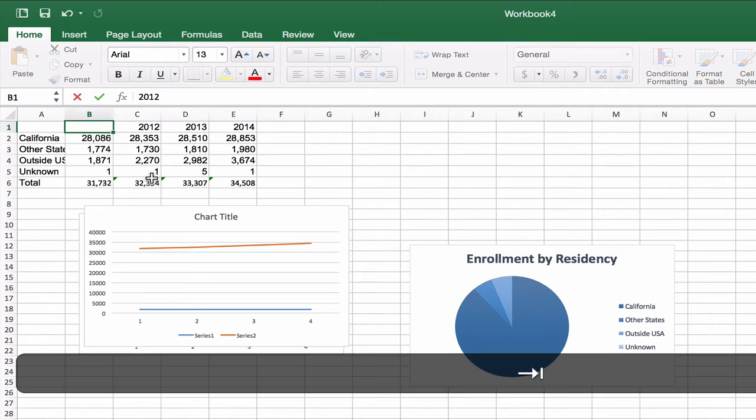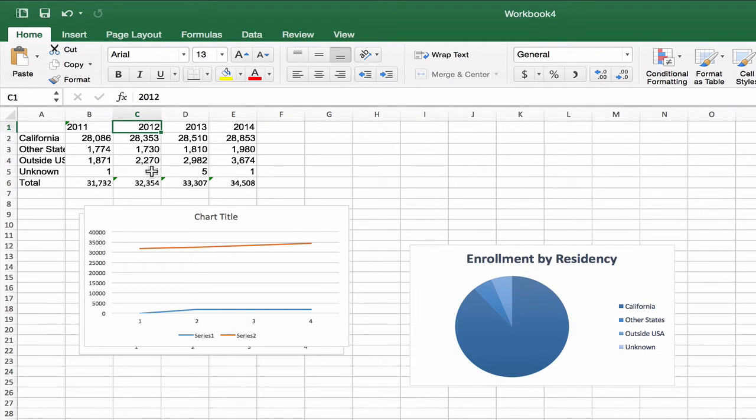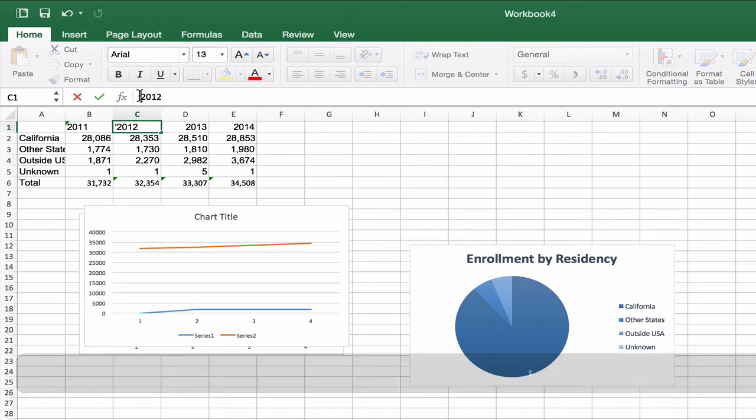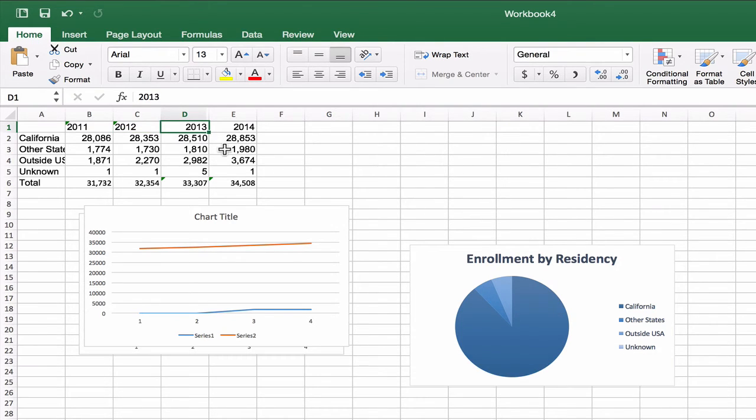Now when I tab, let's see. Well, I don't see the apostrophe displayed, but what has changed? It has changed to be aligned left. So it is now recognizing that as text. I can click and add that apostrophe and tab to go to the next cell. I can also double click into the cell and be editing the data right there in the cell.